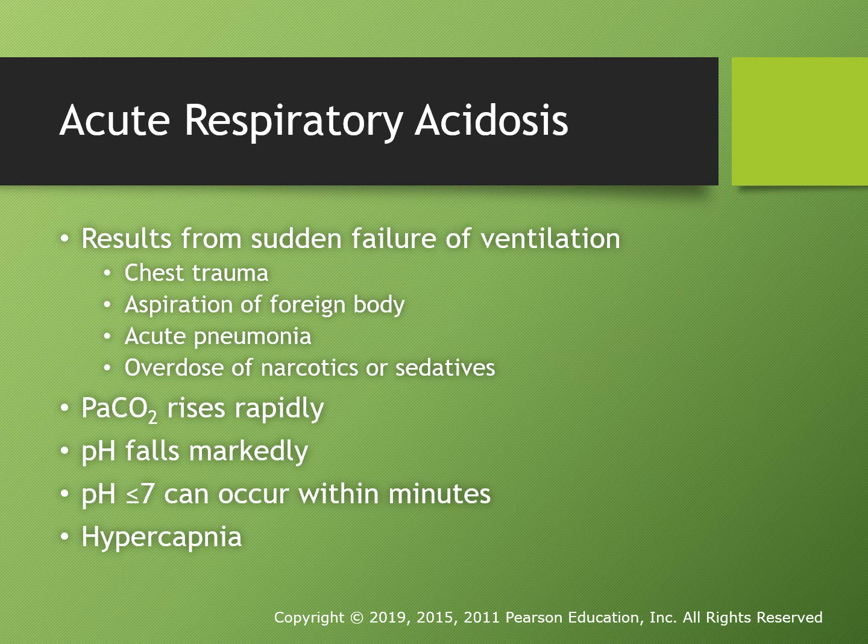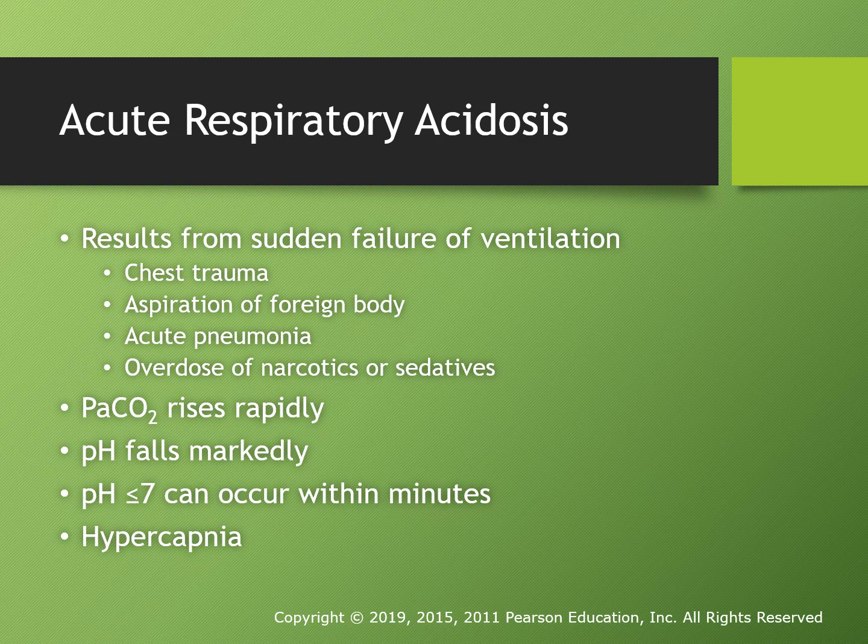Acute respiratory acidosis. So what do we see in acute versus chronic? Acute respiratory acidosis results from a sudden failure of ventilation. This is the exchange of oxygen and carbon dioxide. Chest trauma, aspiration of a foreign body, acute pneumonia, and overdoses of narcotics such as morphine or sedative medications can lead to this condition. Because acute respiratory acidosis occurs with the sudden onset of hypoventilation, so you're not breathing enough,